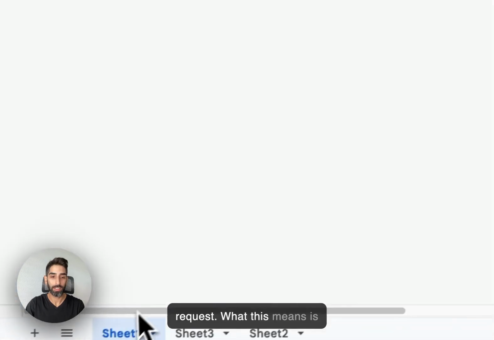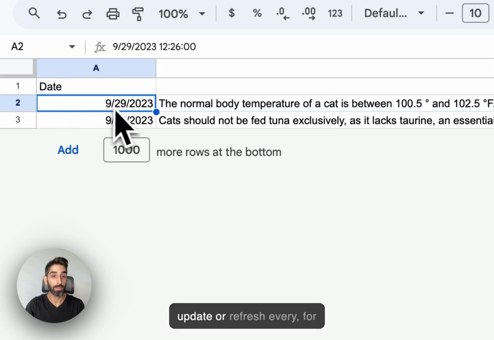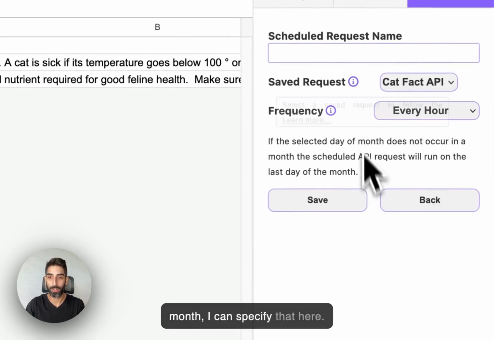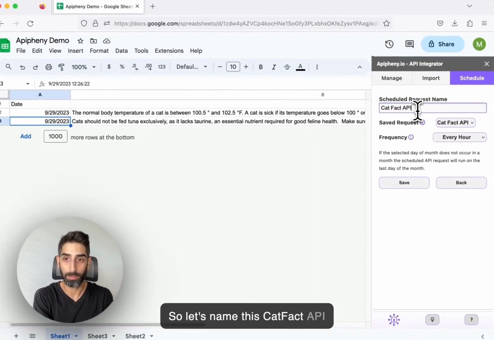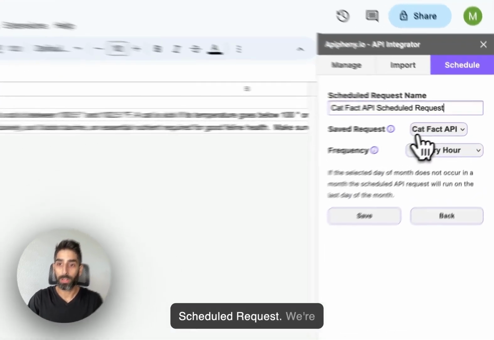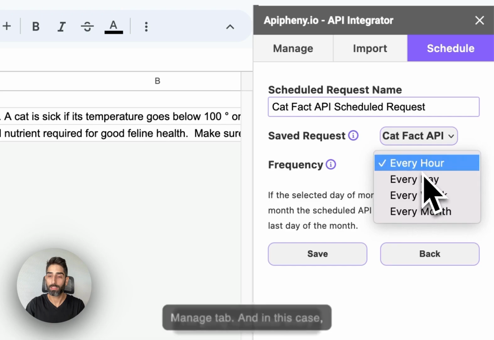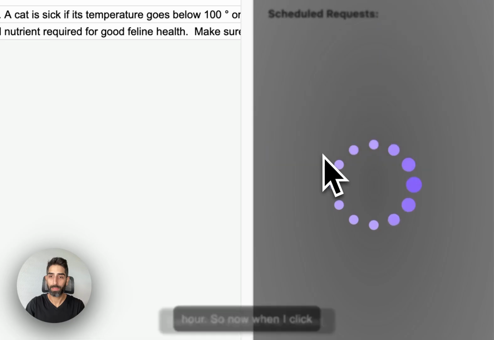What this means is that if I want this data to update or refresh every, for example, hour, day, week, or month, I can specify that here. So let's name this CatFact API scheduled request. We're going to choose the CatFact API that we saved in our Manage tab. And in this case, I'm going to choose every hour. So now when I click Save,